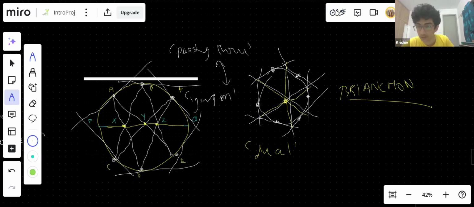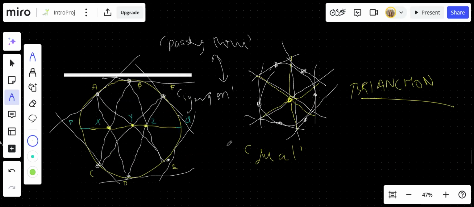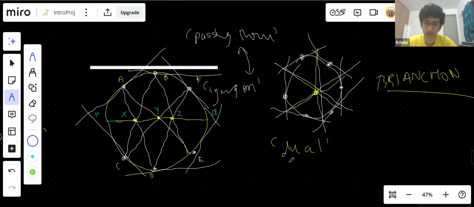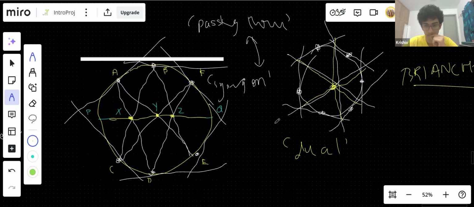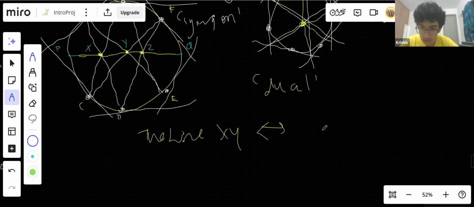Yeah, line to point. The swapping part when we just take the intersection, like till the hexagon it was all clear, but when we take intersections it was not clear. Okay, okay. So like, the line AD, right? The line AD, it becomes a point, right? Okay. The line XY becomes the point